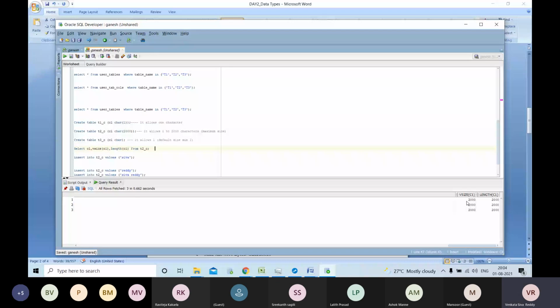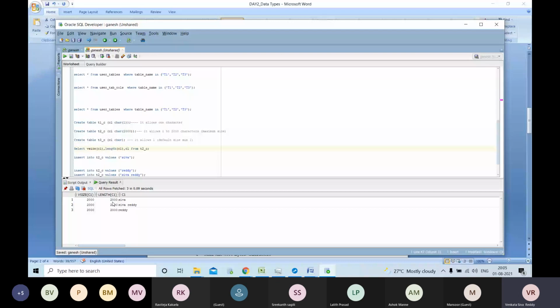So you mentioned 2000 bytes, right? You provided only this. So in that case, I'm going to use the column name as last here. See, the memory it occupies is 2000 bytes. Length is 2000 bytes. You provided the value like Shiva, but it occupies 2000. It is showing the length of characters also, 2000 characters.